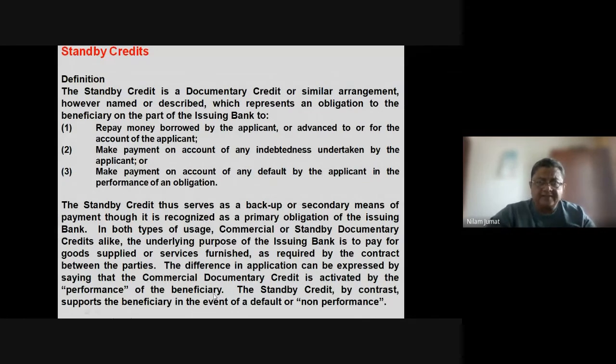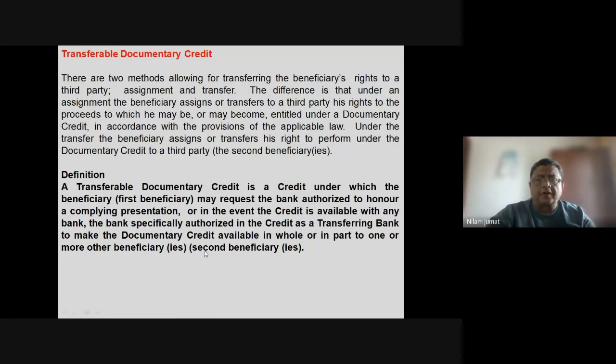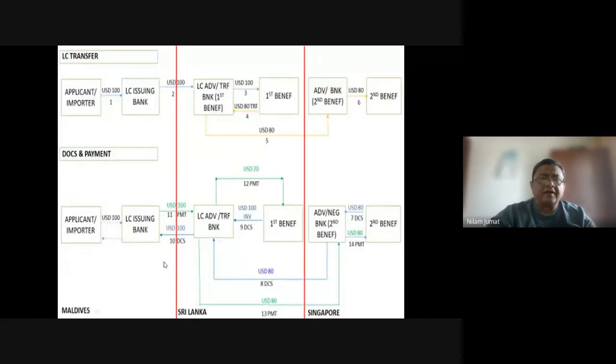Now, my friends, we are coming to a very popular topic, which is known as a transferable LC. I'm doing it on a chart like this, so you can understand easily. What basically happens here is,